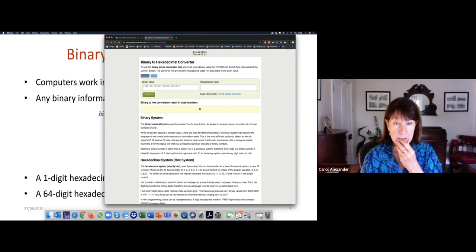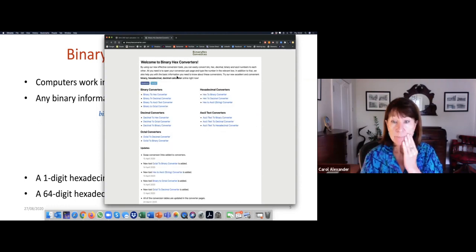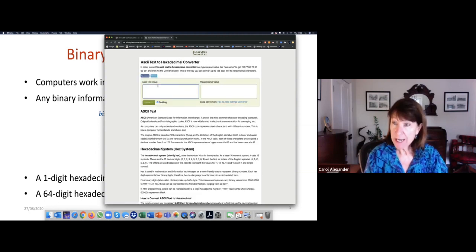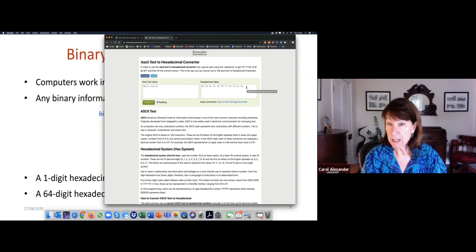We can also convert ASCII text to hexadecimal. This is not the hash function, but it's going to look similar. It's not going to be the same output. So if I put hello world here, that becomes a hexadecimal value, but it's not 256 bits. I've put them in pairs here, but it's not 64 of them. Whereas if I put it into the hash function,